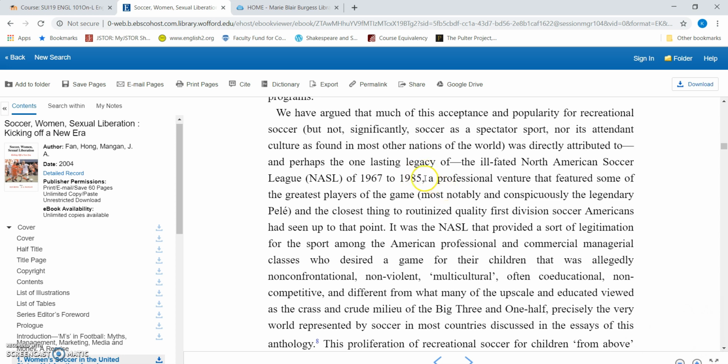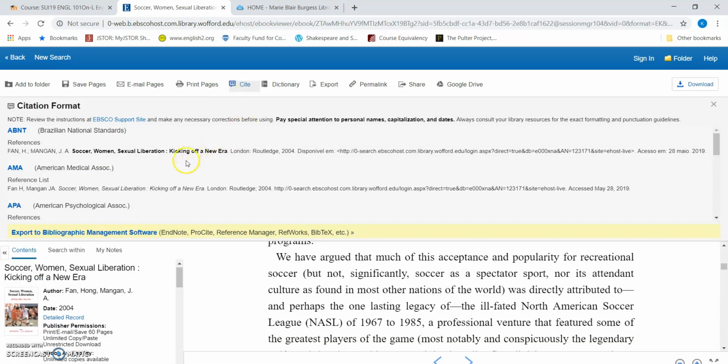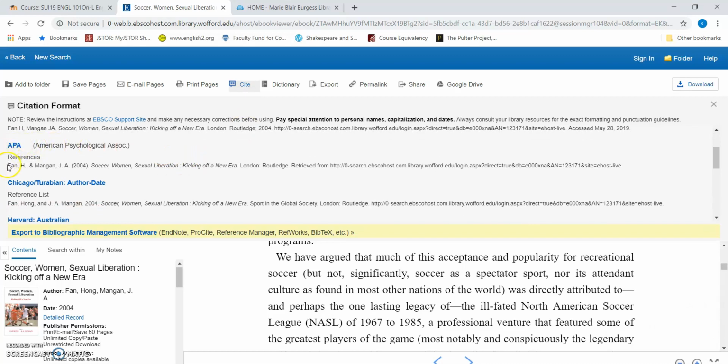Third, the other thing that you want to make sure that you do is keep note of the citation. If you're going to use this in your paper, you have to have a full citation on the Works Cited or References page. Most online databases for ebooks will have a button that is a citation machine. Here's the one in this database right here. I'm going to click on Cite, and then I can find, okay, here's the citation for an APA